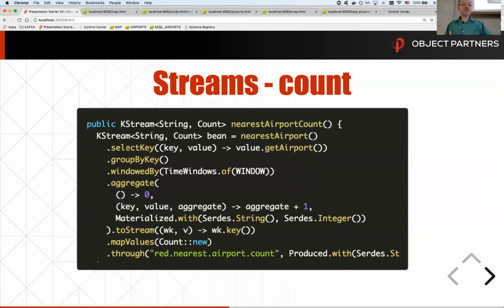In order to do that, I need to repartition my stream by airport because that's what I want to count on. One thing you'll learn through using streams is it's really important how you classify or key your data, or you're going to have a really hard time counting what you're intended to count, and you may end up getting a lot of zeros. And this is where KSQL can really come in handy in learning and understanding what's going on when you build your streams.